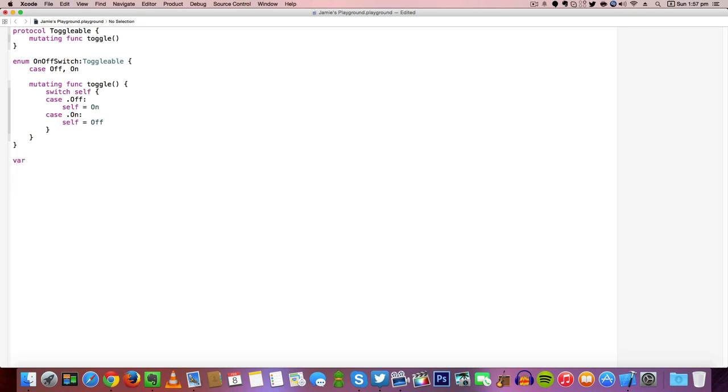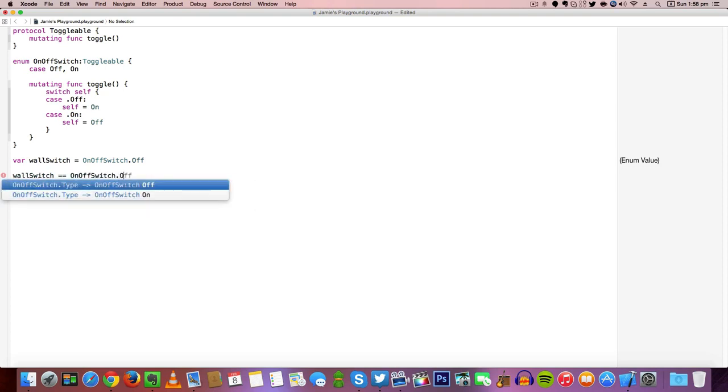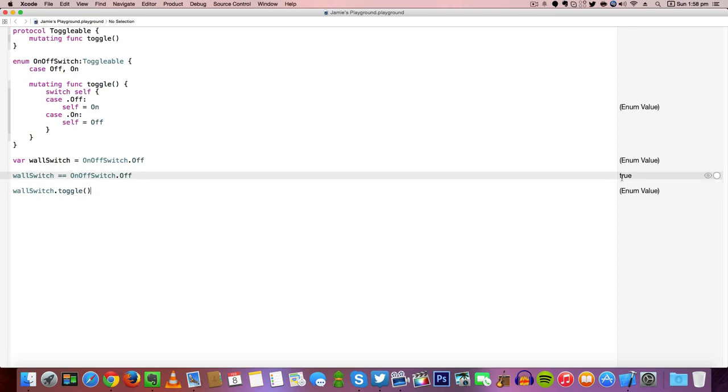So let's create a variable, so var wallSwitch, and we'll have that equal to OnOffSwitch.off, which is going to be creating a variable that stores an off value, which can then be checked to set toggle to on. And then we can create other variables to return values. So wallSwitch is equal to OnOffSwitch.off, so that will return a value that coordinates with the state of the variable. And then we can actually do wallSwitch.toggle, so we can toggle it so we can set off to